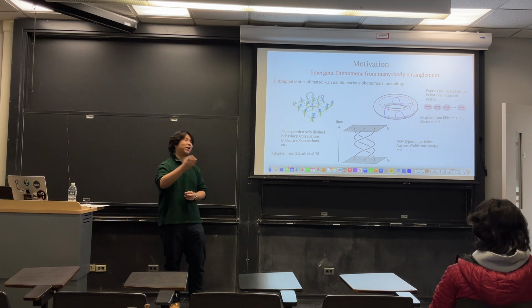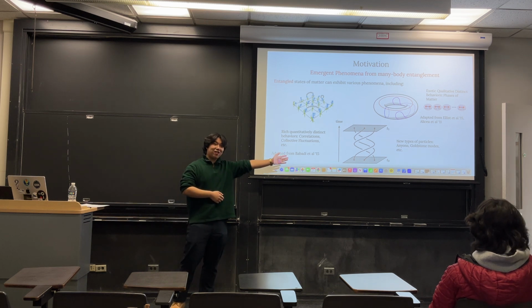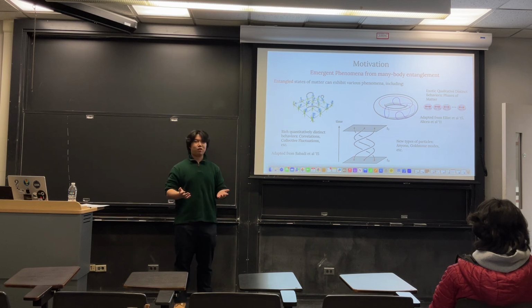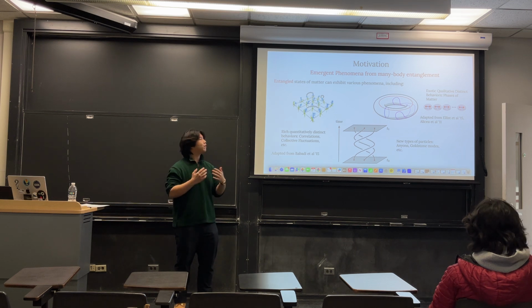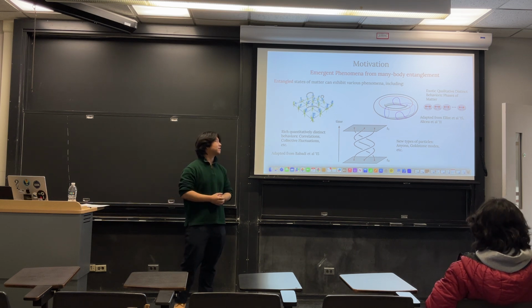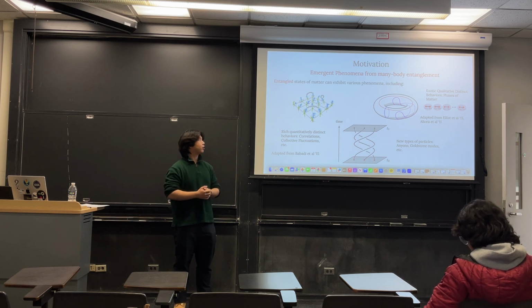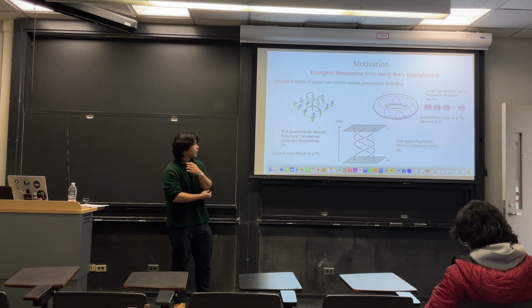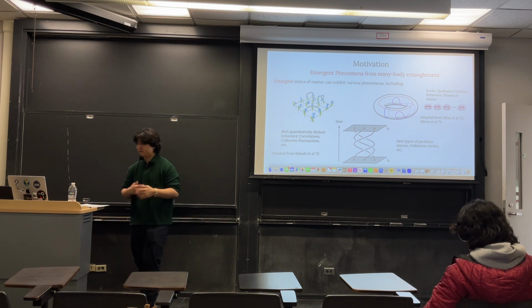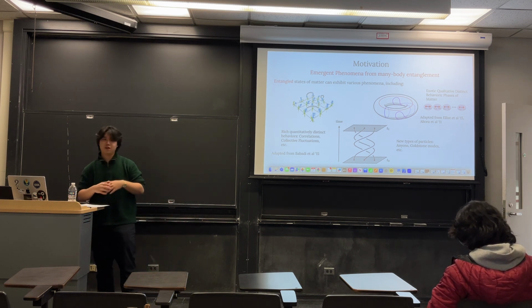Last week, Ryan talked about the different types of anyons, the two-dimensional quasi-particles, and other types of particles could include Goldstone modes as well. You also have new, exotic phases of matter. So there's a lot of very interesting quantum phenomena that can occur during emergence. This is the idea of investigating different quantum phases of matter. It's the emergence that